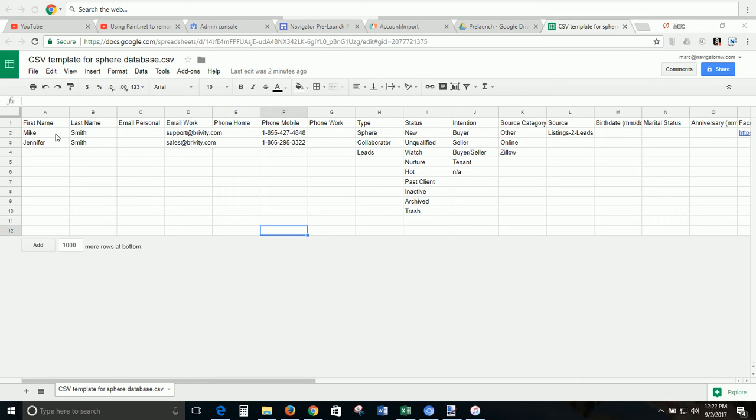Also, you'll notice that Mike Smith is married to Jennifer Smith, and we've got them as two separate contacts. We don't have Mike and Jennifer. If you happen to have it as Mike and Jennifer, it's just going to be some extra work for us in the past, because we can link the contacts in our database, but they're two separate contacts. So we've got Mike Smith,